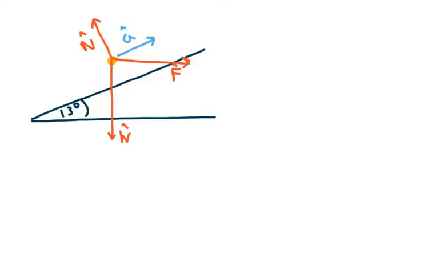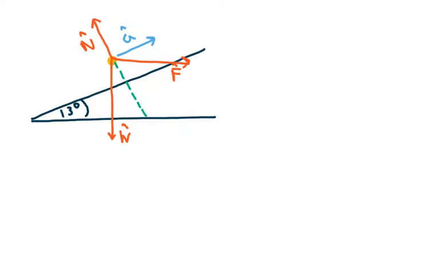Okay, now there's our free body diagram. Now the next step is to set up our coordinate system. As we saw in a previous problem, sometimes it can be very beneficial to tilt our coordinate system. So I'm going to go ahead and do that in this case, even though it may not be as beneficial in this problem. But I want you to get used to, every time you have an inclined plane problem, tilting that coordinate system because you're going to have to do it for most problems that we deal with in this class. So in this case, my coordinate system is going to be